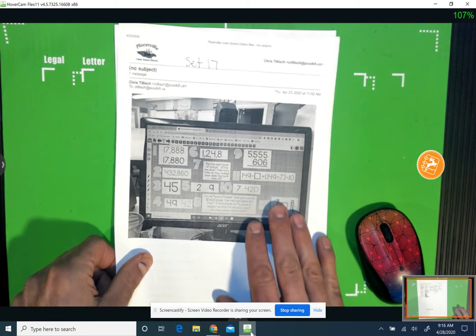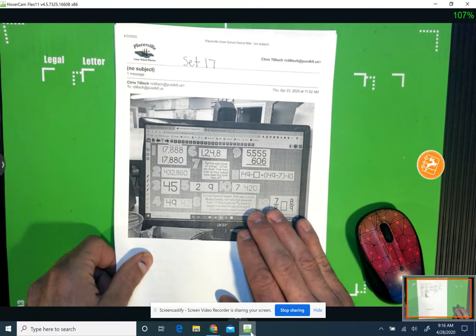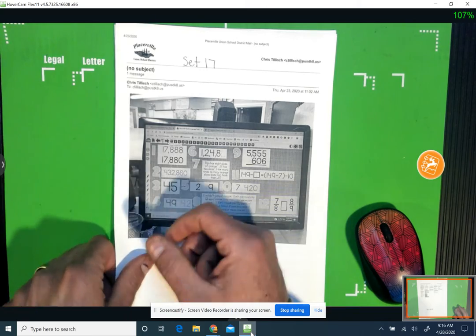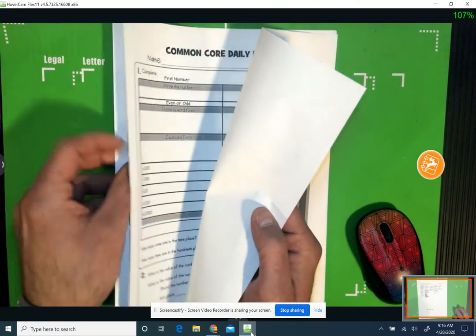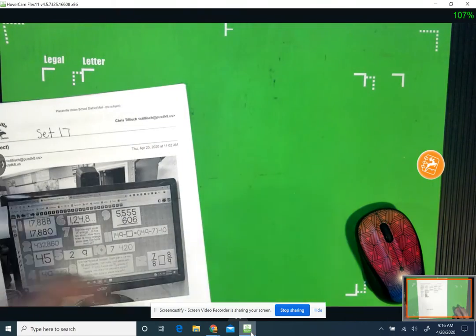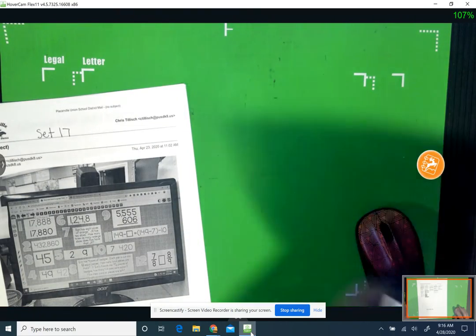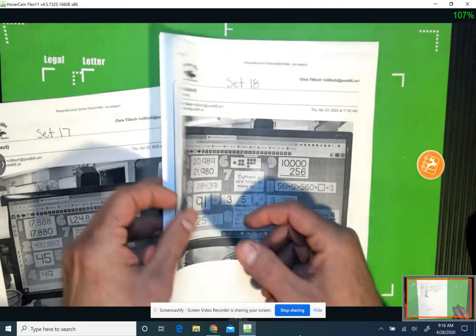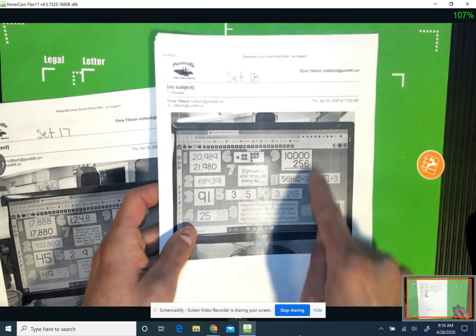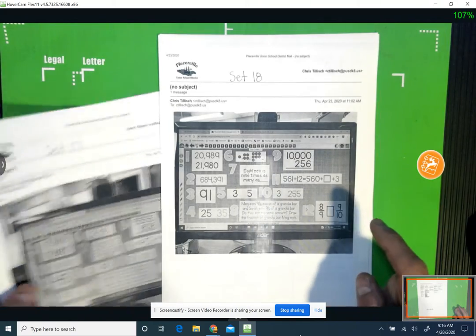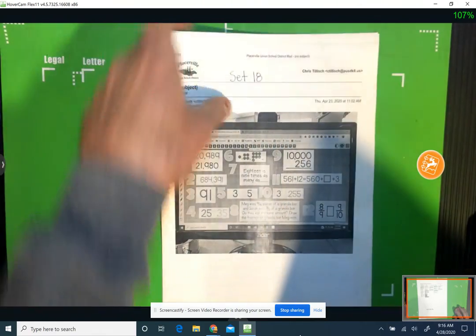I missed out on part of number 11 last week. I'm sorry about that. So we have set 17 and its graphic organizer, and we have set 18 and its graphic organizer. And of course, you can also access each one of these sets from Google Classroom under Virtual Learning Math,